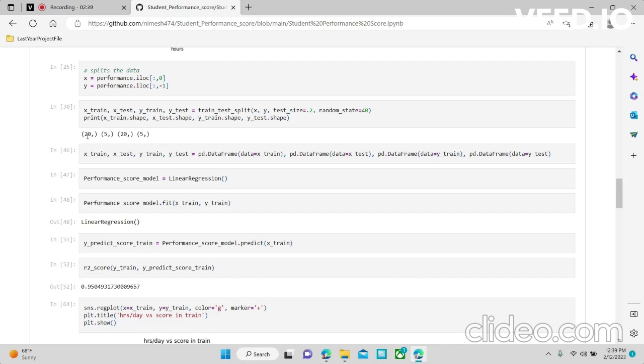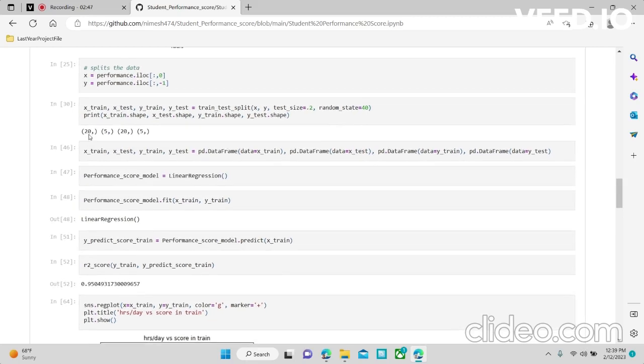and these are the values that are stored in the X train, that is 20 rows, and X test which has 5 data, Y train has 20 data, and Y test has 5 data, and I have converted these data into a data frame from the series value, so that later we don't get the warning or the error as the size is not good. So later on we have to reshape the data size. We have to reshape the data in two dimensions,